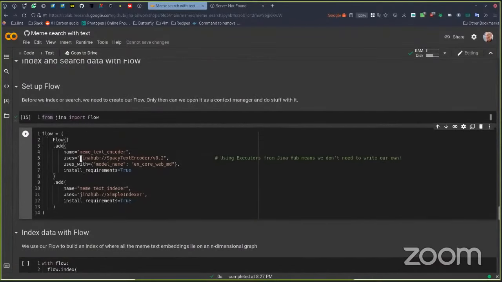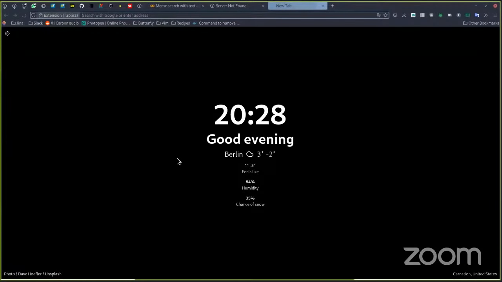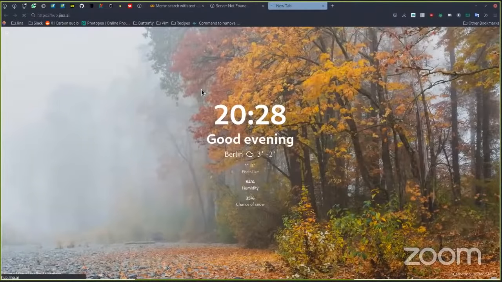And as you can see, we're using Jina Hub, Spacey encoder version 0.2. As I said before, using Jina was like using Bash. I would say using Jina Hub is like using Bash plus apt-get or your package manager of choice. So if you go to hub.jina.ai,